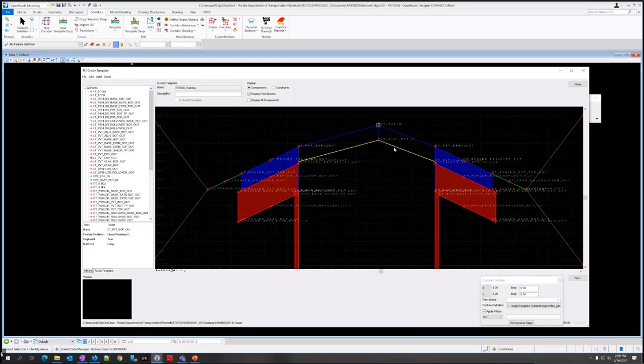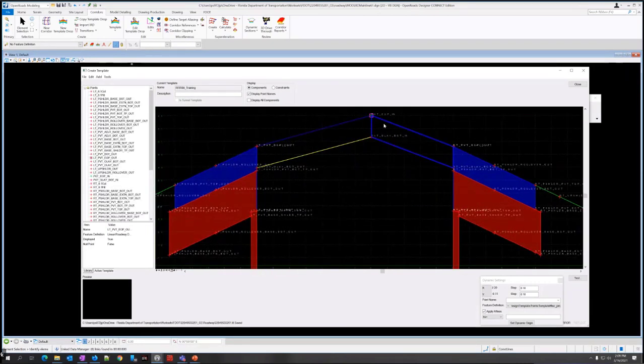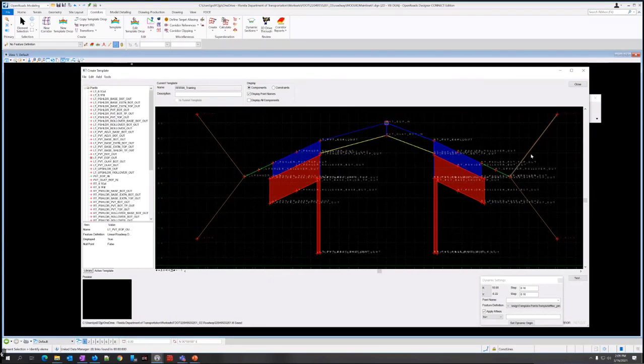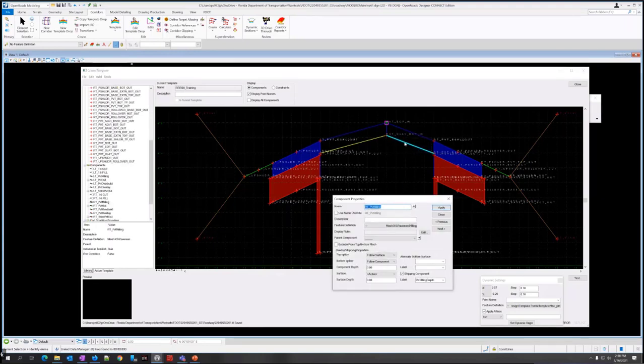Let's take a look at these milling components. So there are different kinds of components on this. You have this closed shape. You have the end condition components, which are usually just a line, but there might be more than one. You have the regular component like this. And then you have the milling component. So if I double click on it, since there's three on top of each other here, it'll ask me which one do you want to edit? I want to edit RT PVT milling. So this looks like a regular line, but it's not. This is an overlay and stripping component. So these are designed specifically for milling and resurfacing.